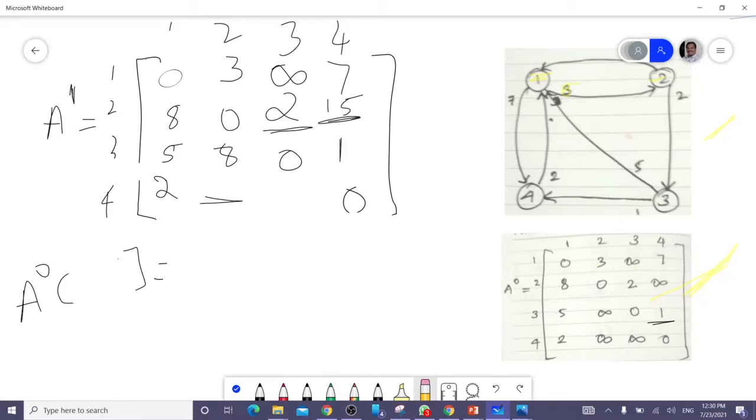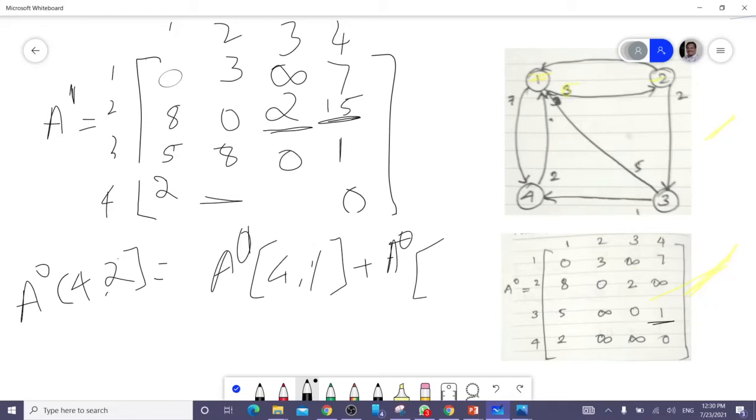It is nothing but A1 of 4 comma 1 plus A0 of 1 comma 2. 4 comma 1 is 2, just write 2, plus 1 comma 2 is 3.